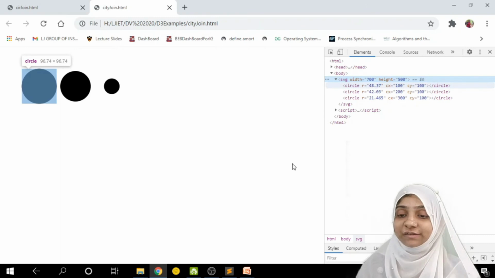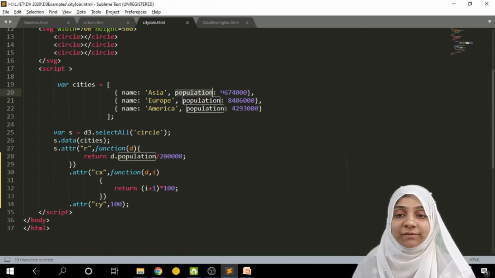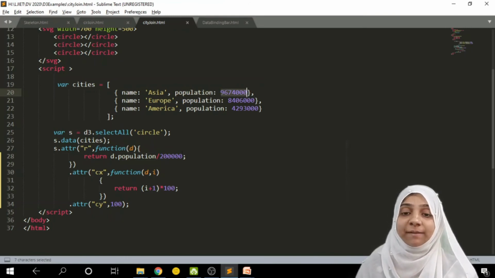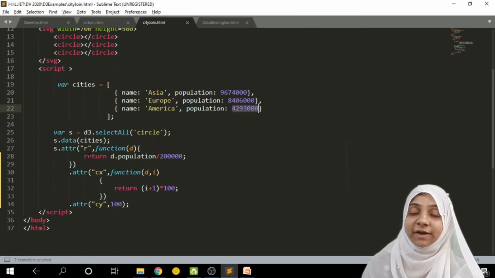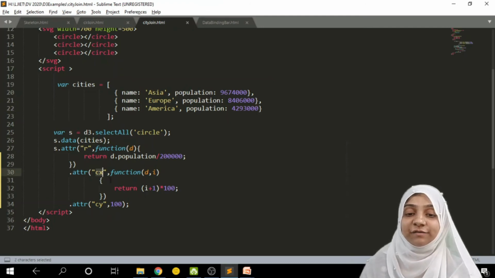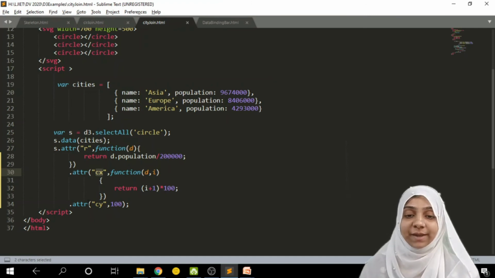How is this radius coming? For the first data, it is d.population. d is nothing but the first object, and within d, population is accessed using a period. Whatever population value is there gets divided by 2 lakh and set as the radius. Similarly for the second object and for the third object. In this way we have different radii, and the center of each circle is displaced by 100 every time, and the y attribute is the same.